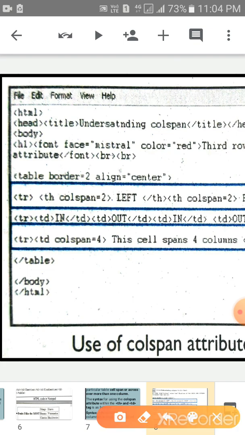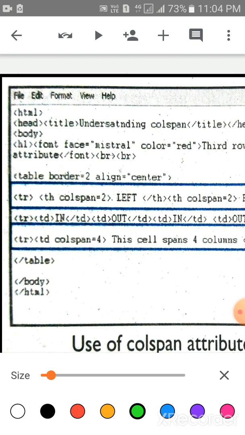After that, children, look at the screen. In this table, these 3 rows, you can see tr, table, th, td. th means table heading, col span 2. Col span 2 means this column is divided into 2, this is the left.